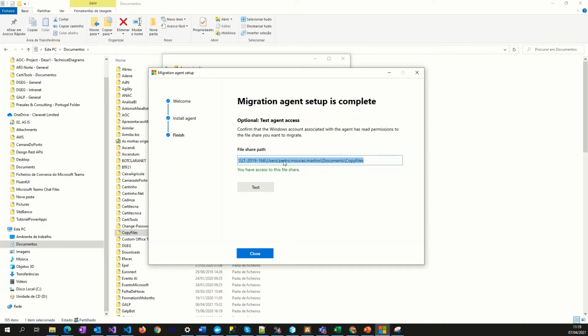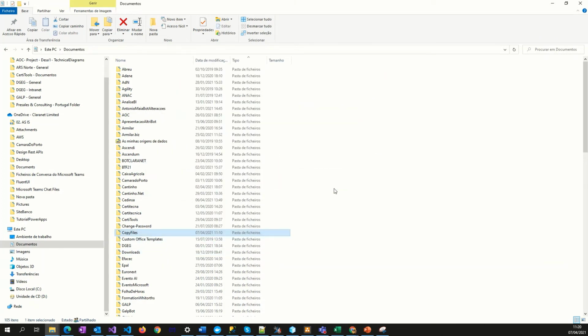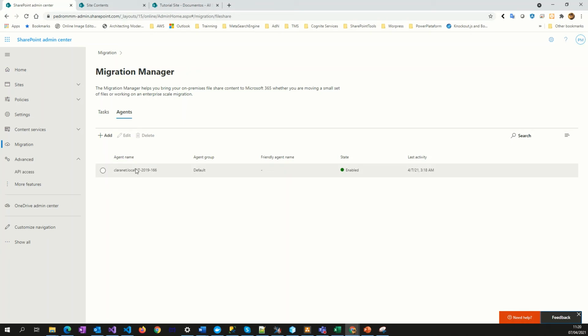Good for us, right? Like you see here. So that's okay, right? So close, right? And here, close again. So after in SharePoint, you go again to your Migration Manager, make some refresh, and see that particular agent is running, right? So let's see it.